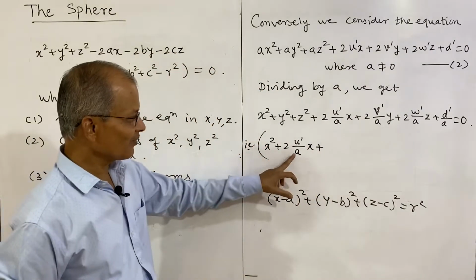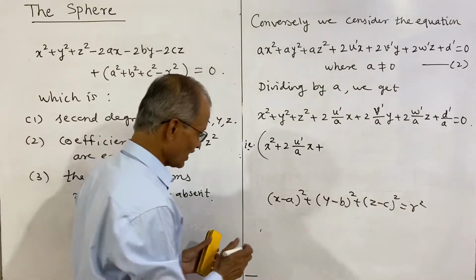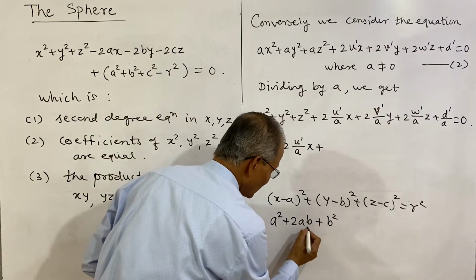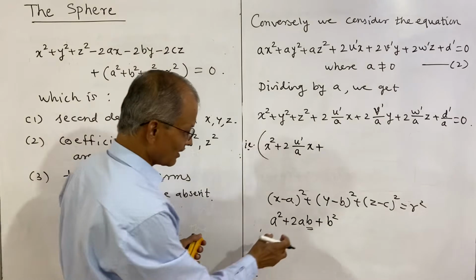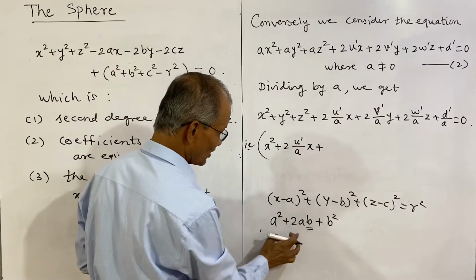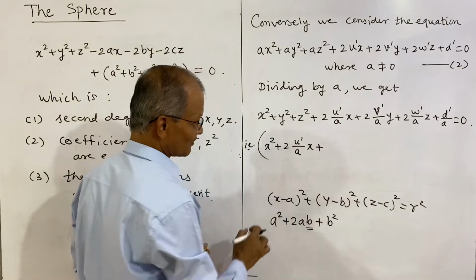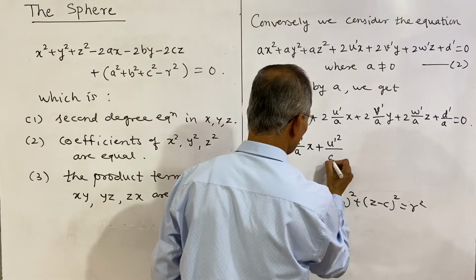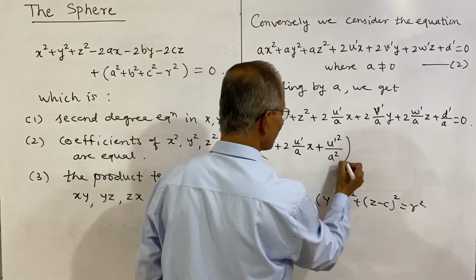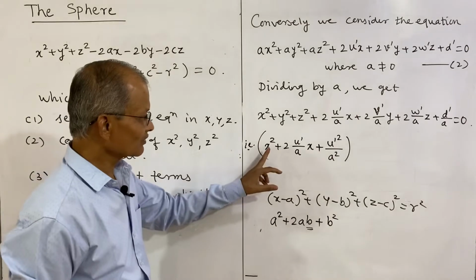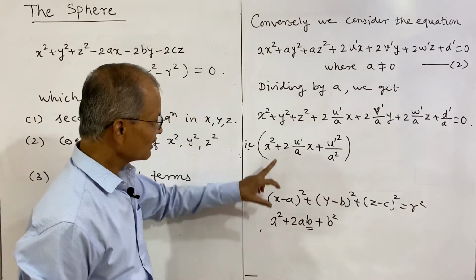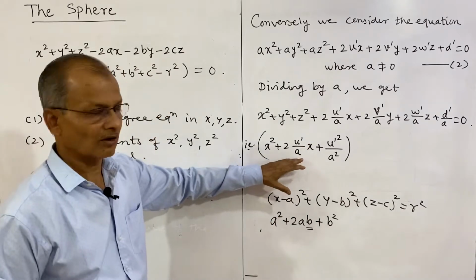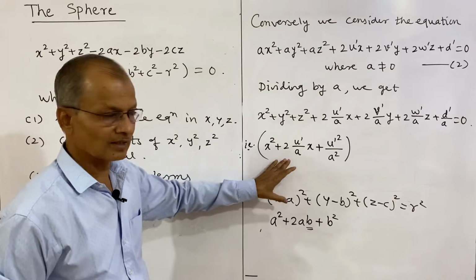Now, what is the third term for this? We have a square plus 2ab plus b square, the third term is b square, that means the square of this term. Here this term we have considered as 2 into x, and we shall square this, the square of u prime divided by a, that is u prime square divided by a square, and then this will become a perfect square. So, using this formula, this will be the square of x plus u prime divided by a, or x plus u dash divided by a, whole square,